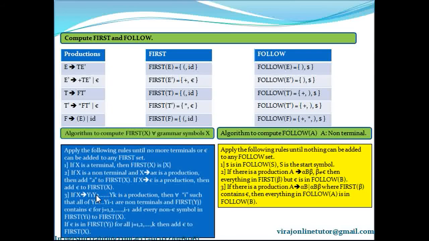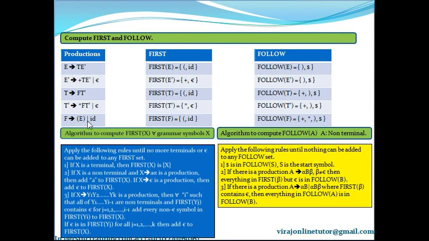Okay, so using these simple three rules, let's construct first using productions. So I'll start with f. So this is of the format y1, y2, y3. So first of y1 is first of open bracket. So first of open bracket is what? What is open bracket? It's a terminal. So first of a terminal is a terminal, right? So first of open bracket is a open bracket. So since open bracket takes the place of y1 here, since first of open bracket is a open bracket which does not contain epsilon in it, so stop going ahead.